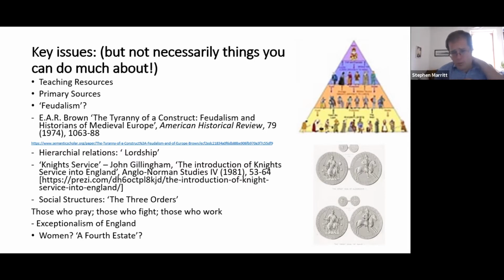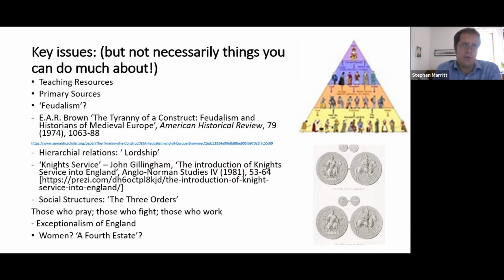And what he showed was this system, which historians and websites, and we all have come to believe existed, developed very, very gradually over a long period of time, and was developed out of a process of negotiation between kings and aristocrats. And I'm going to come back to that as one of the main themes of what I want to talk about today. Another problem with feudalism is that nobody in the Middle Ages used those terms. So we're applying this word to a community which never thought in those terms.